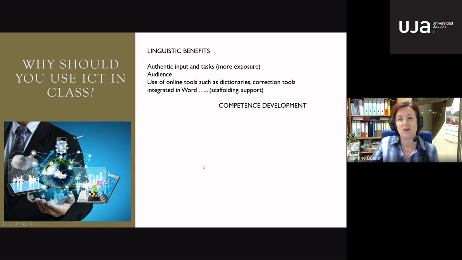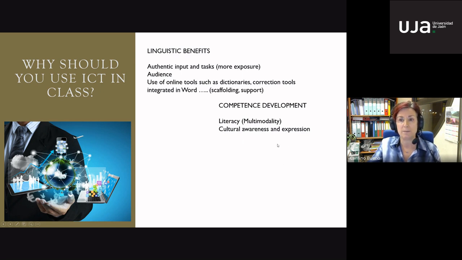Then they also contribute to competence development. They contribute to the development of literacy, especially the new form of literacy, which is multimodal literacy. Also, they contribute to cultural awareness and expression, because by presenting authentic language and how it is used, you can work on cultural awareness.